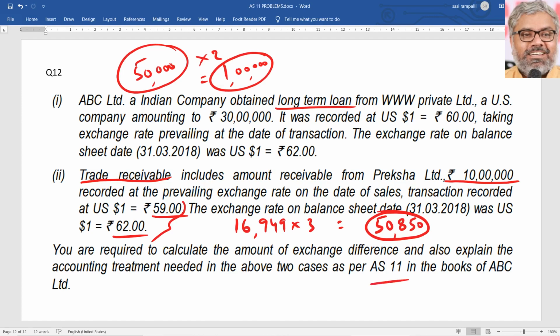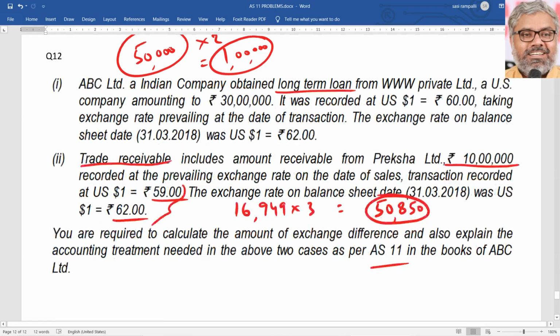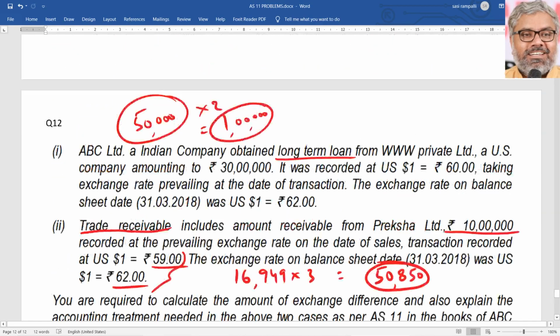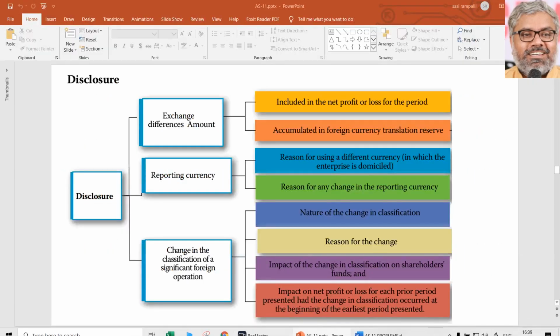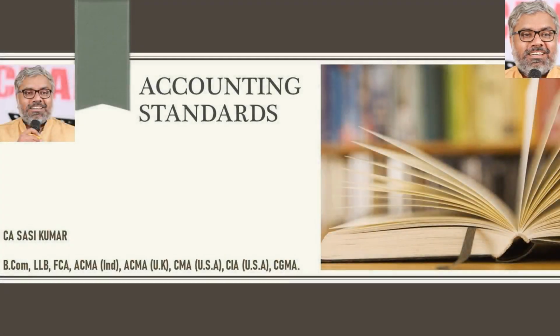So these are the various possible questions which were asked in the exams also. AS 11 is a very important type of numerical standard where questions can be asked like this, and anytime such questions have to be answered applying the provisions of the accounting standard only, and not only applying but also writing the provision, writing the point which we have actually applied. Actual possibilities are very limited, but presentation-wise, according to the requirement of the question, you have to elaborate a little bit. Accounting standard questions are like that.